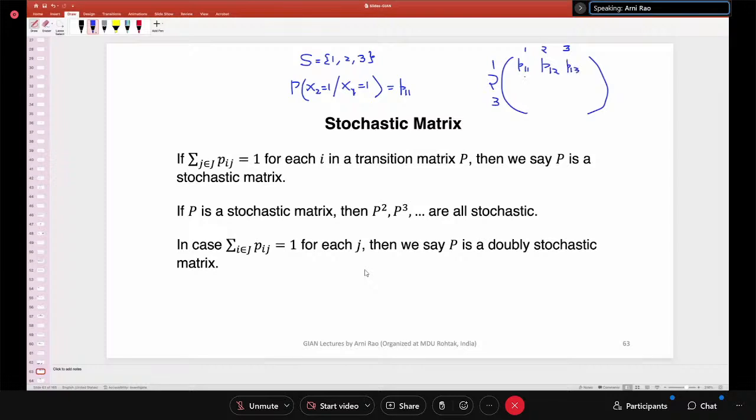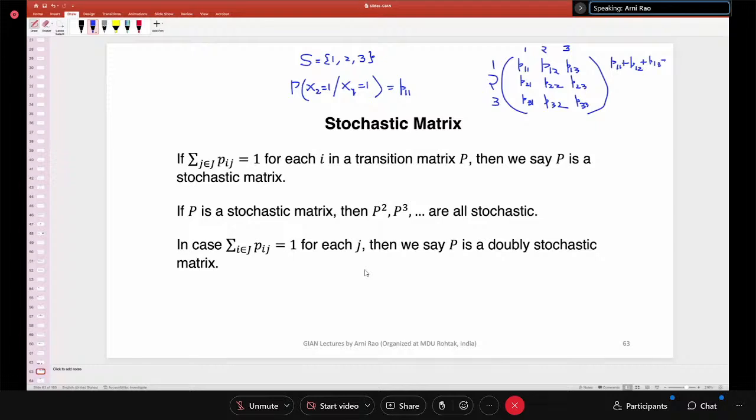Similarly, P21, starting from 2, again going back to 1, P22, P23, P31, P32, P33. So अगर इसका रो वैल्यू P11 plus P12, that is P11 plus P12 plus P13 equal to